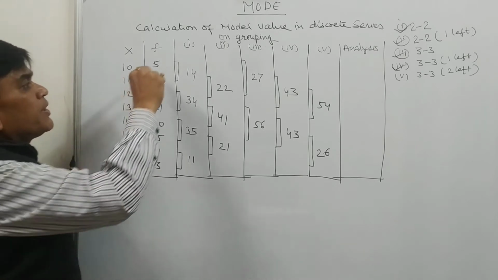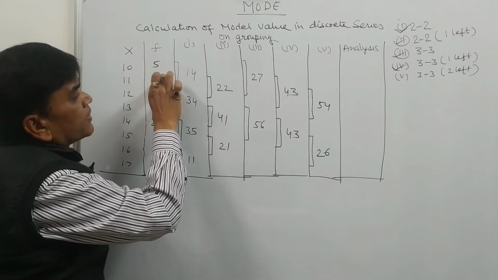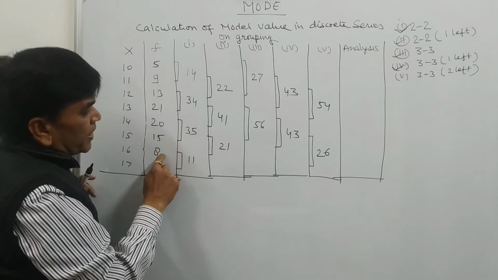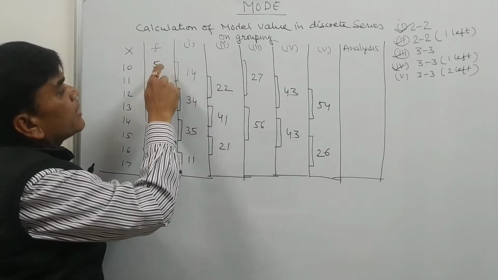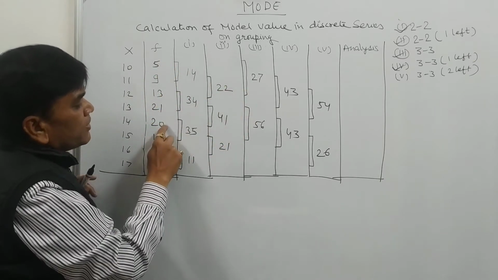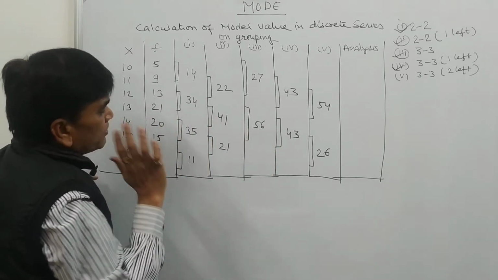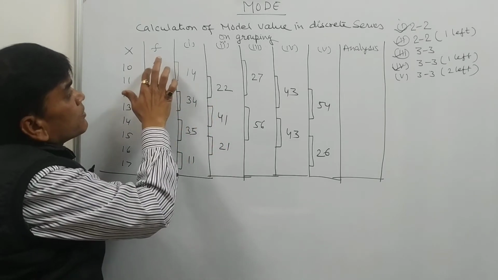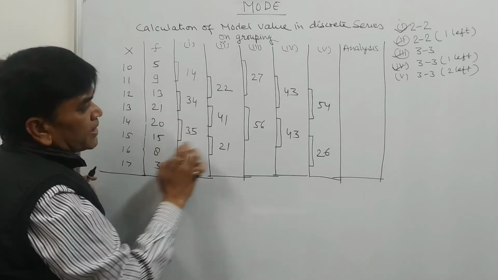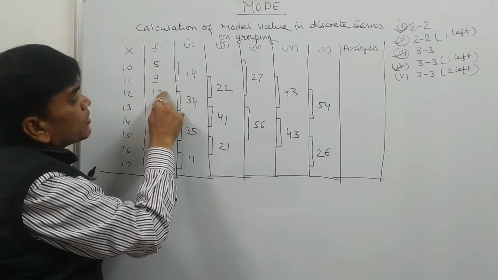In the first grouping we have additions of 2. In the second grouping, leaving the first item, the addition of 9 plus 13 is 22, 21 and 20 is 41, 15 and 8 is 21. In the third grouping we have groups of 3, so 9, 5, 9 and 13 is 27, 21, 20 and 15 is 56. Now 2 items are left, so there is no grouping of these. In the fourth grouping, leaving the first item, we add 9, 13 and 21, this is 43, 20, 15 and 8, this is 43. In the fifth grouping, leaving 2 items, we make groups of 3.